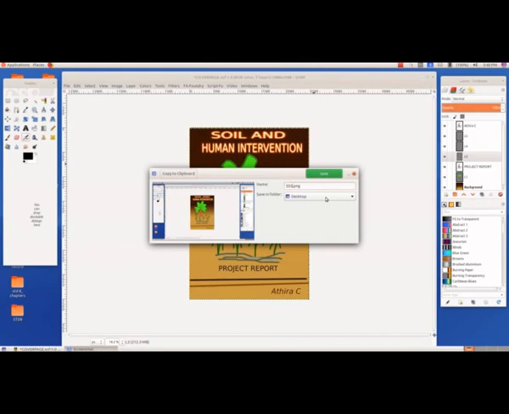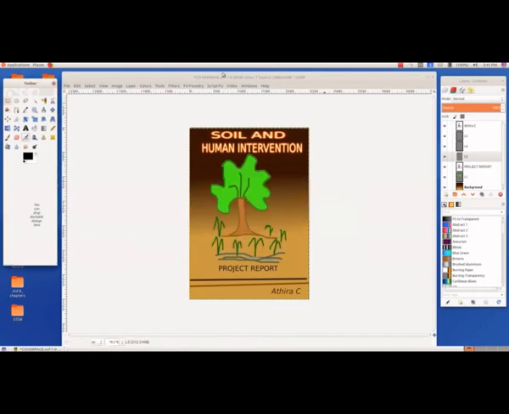And from here we can select the folder, the save in folder you can select. Here it is given as desktop. If you want, you can select pictures, the folder pictures you can select, and then you have to click the save button.